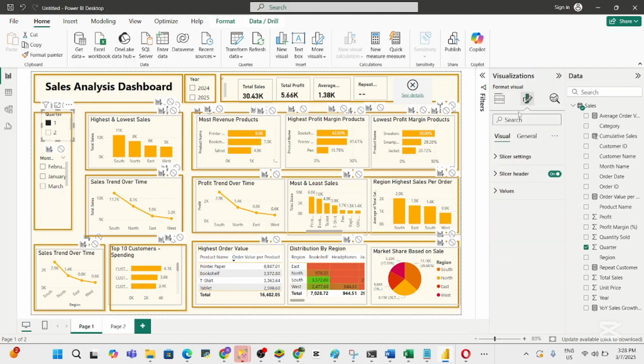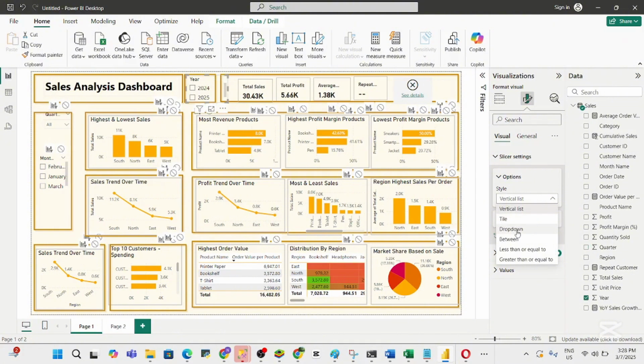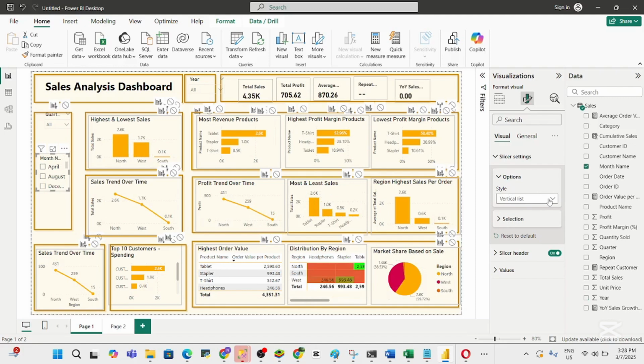Let's change the card setting to slicer. Vertical, I want it to be, I think drop down is good because it will take a little space. Also this one, let's do a drop down. I'm trying to save space as much as I can. Also this one, let's do a drop down. Good, now you see,